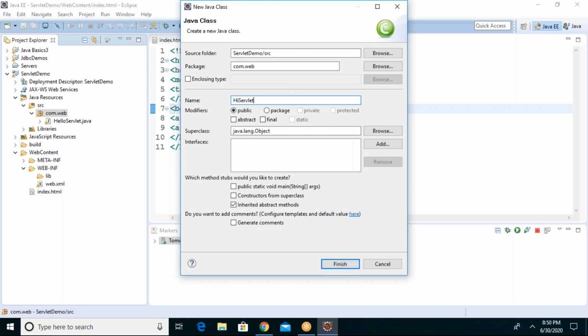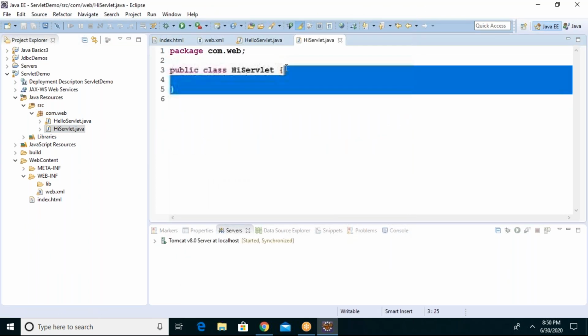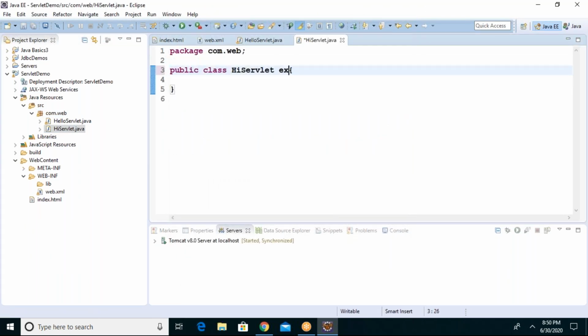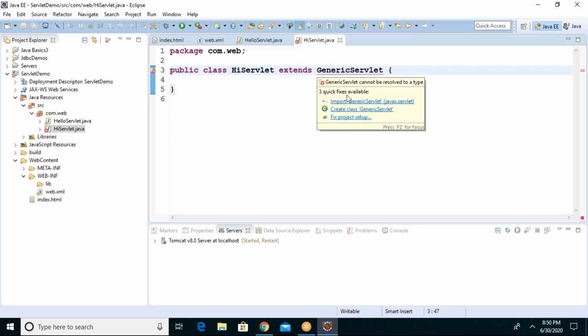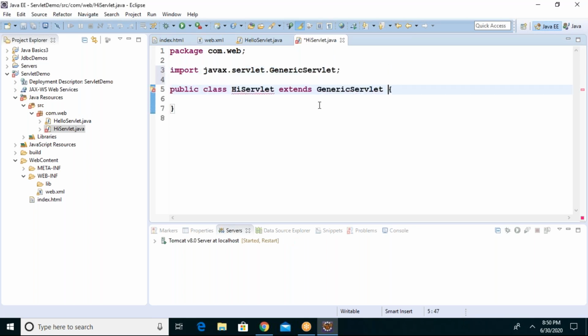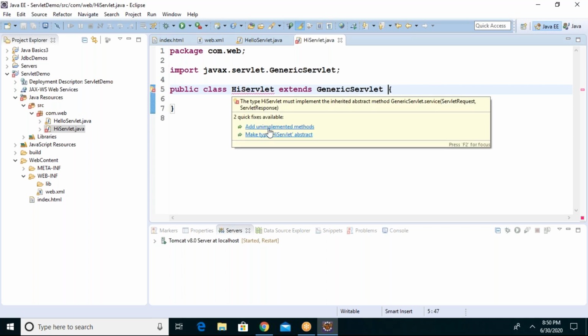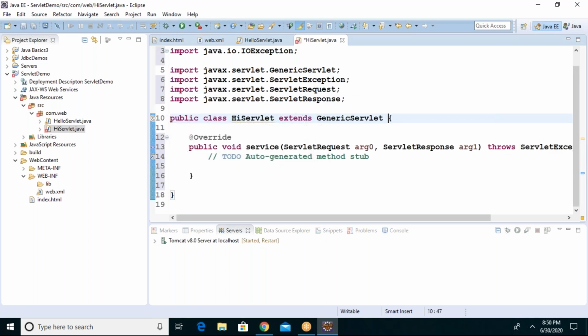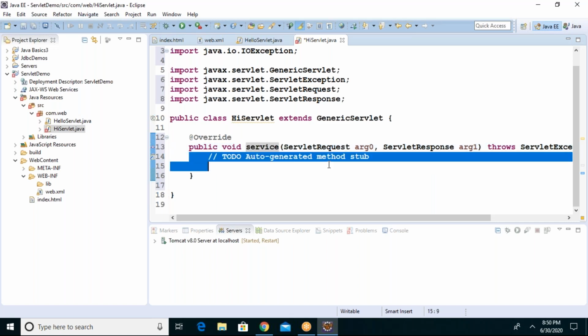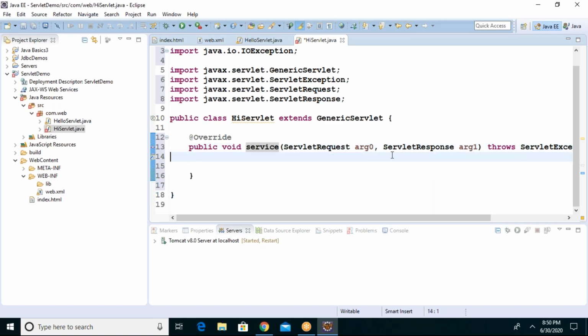Do you need a main method? No. Is it a servlet, guys? No. You should say extends GenericServlet. Correct? Extend GenericServlet, then you need to import it. After that, it will give you an error here. Why? Add unimplemented methods. Which method? Service method. Yes, we got the service method automatically.